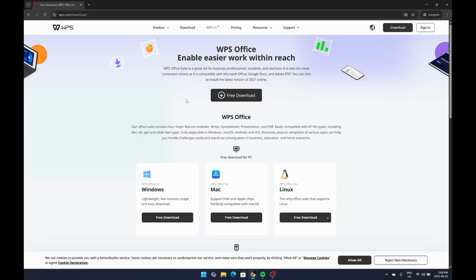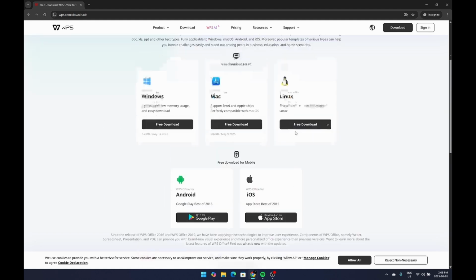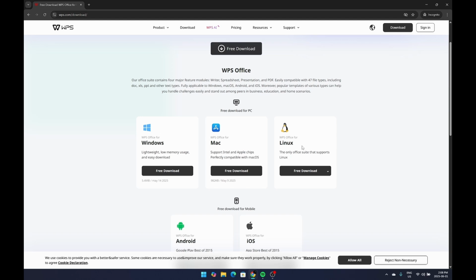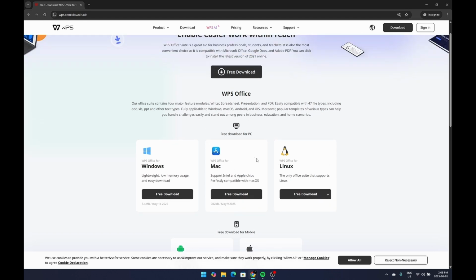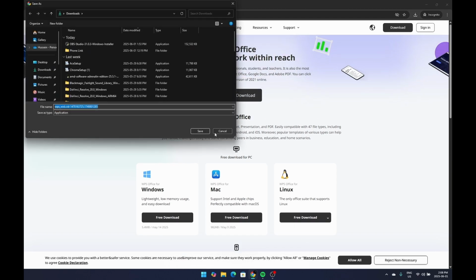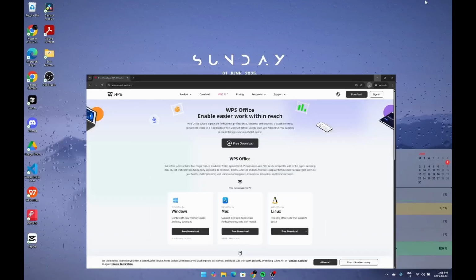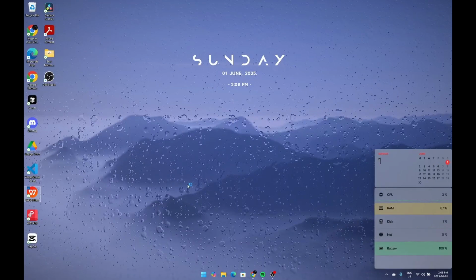And right here, you will see multiple options. You can get it for Android and iOS, and you can get it for Windows or Mac or Linux. I'm currently using Windows, so I'll download for Windows. But if you have a Mac, you want to use Mac. And after you download it, you install it, and when it's installed, you want to open the app,